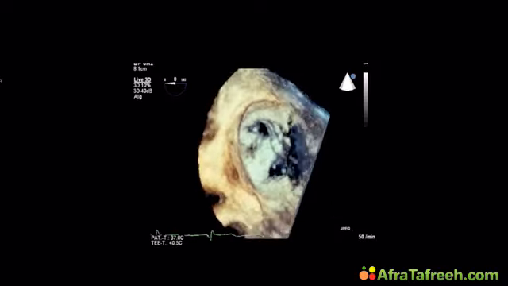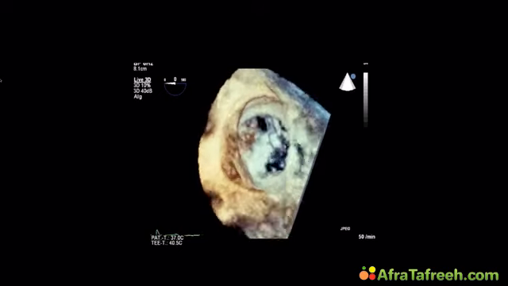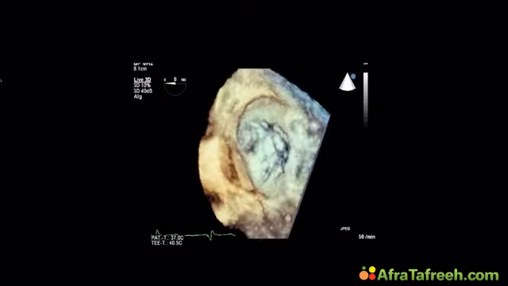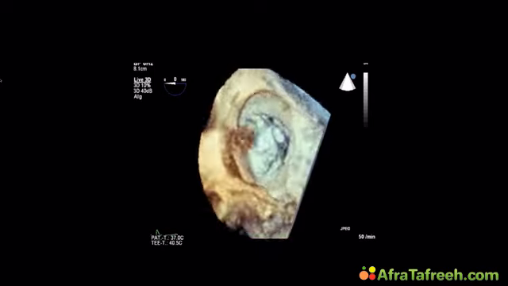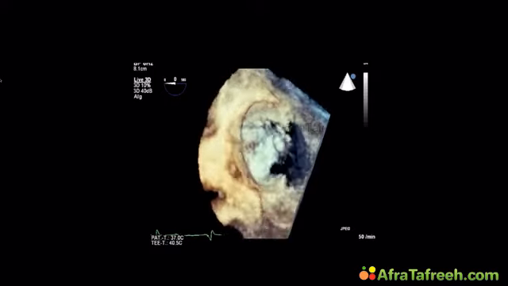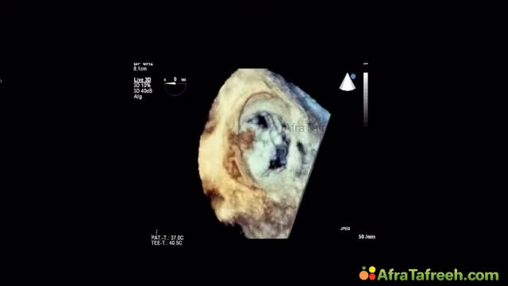I got a question in from Stavros. A flail mitral leaflet isn't an indication for surgery. In other words, Stavros wants to know if all patients who have a flail leaflet must be sent to surgery. Well, the answer is very clearly no. It depends on the